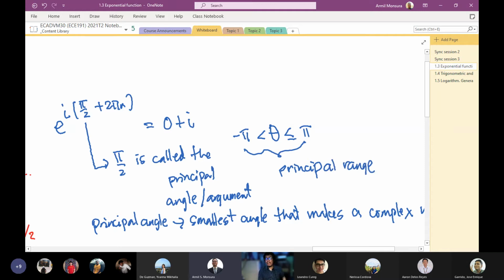Later on, kasi, gagamitin din natin itong same idea na to sa future courses. Tatawagin naman natin yung fundamental range. So whether it's principal range or fundamental range, as long as your angle is within this range,